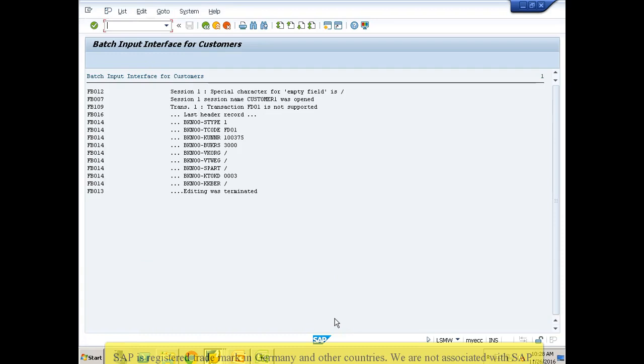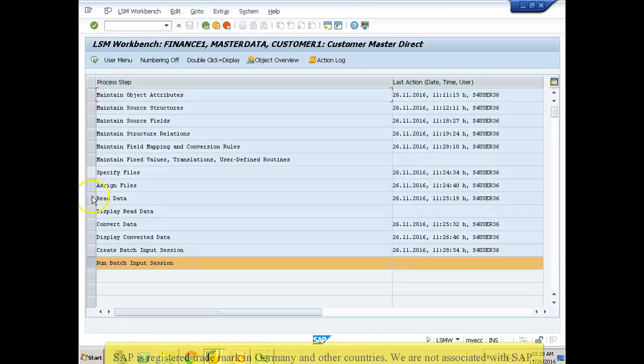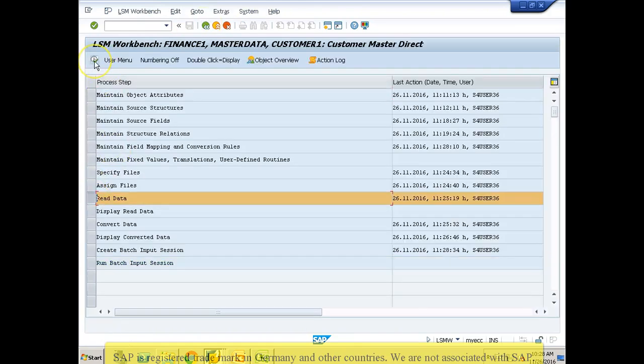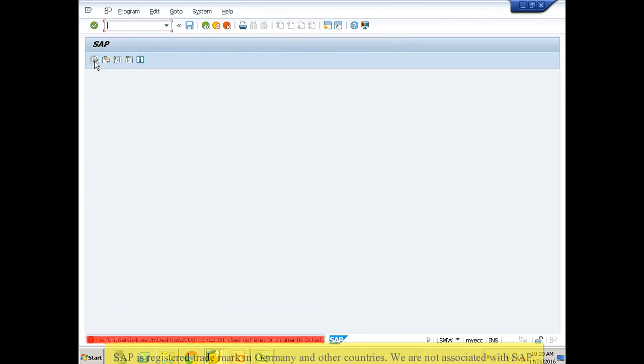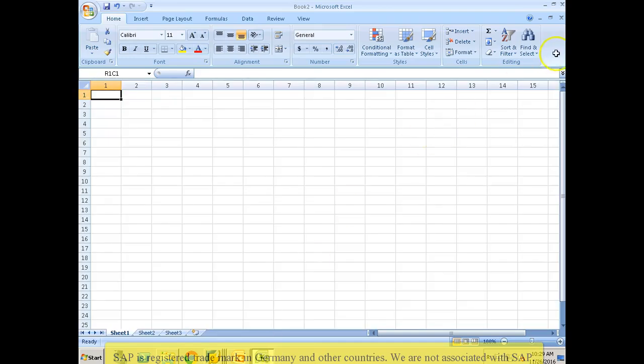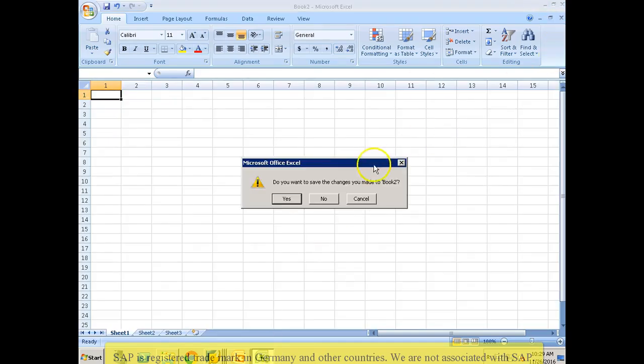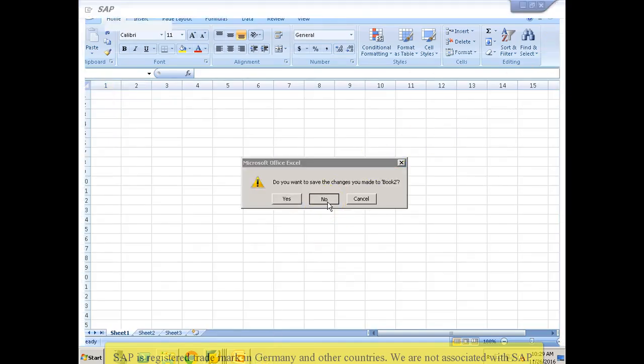I think we have to read the data again. Yeah, sorry. I will just do this read data and convert data only. SRC2 does not exist or currently locked. No, we are not locking anything. If you have any file